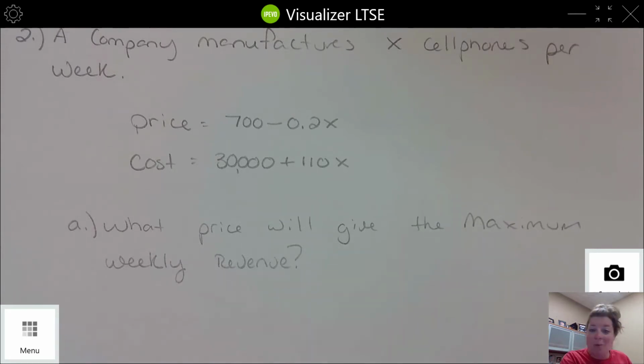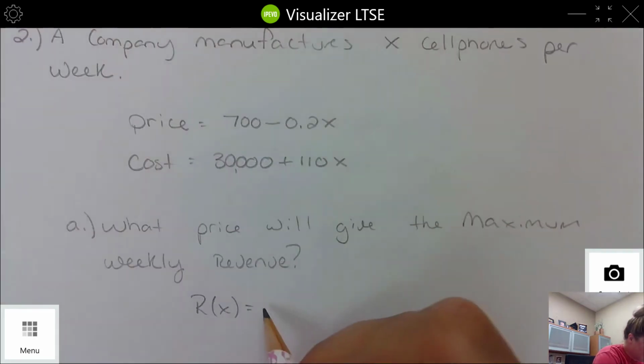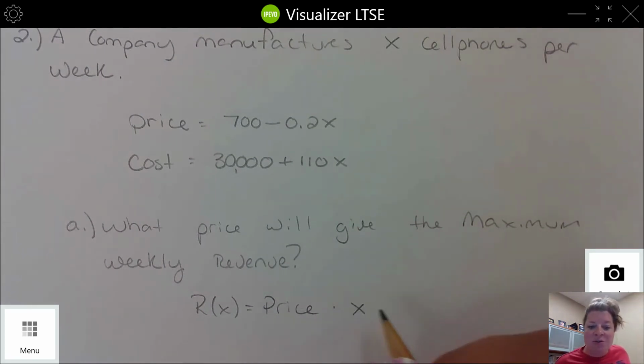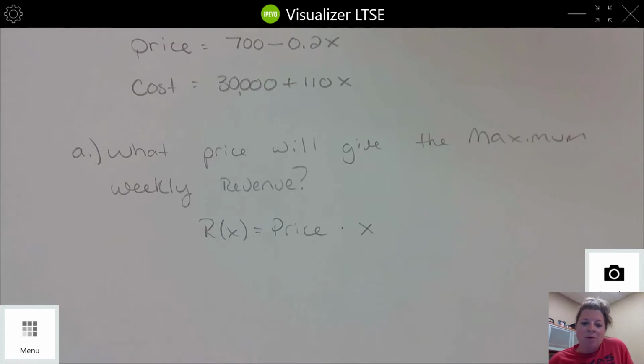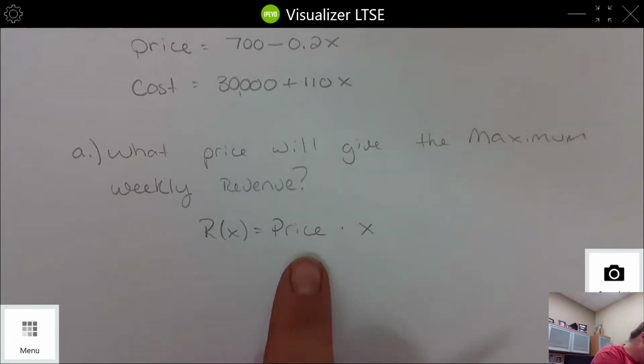All right, well, what's revenue? You should think of price times x, right? So just think about this. Your revenue of x is going to equal your price times x, how many things you sell. That's your revenue. So x represents how many items I sold times my price. So we're going to maximize weekly revenue, but we know that we have a price formula for this. So revenue